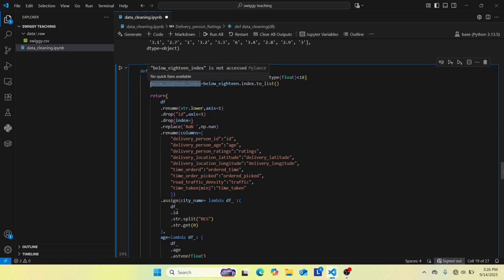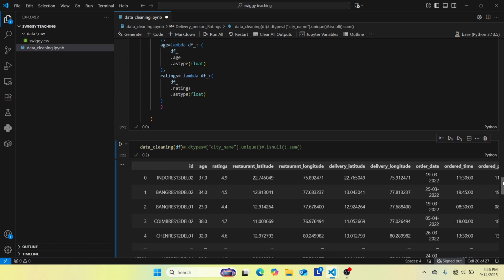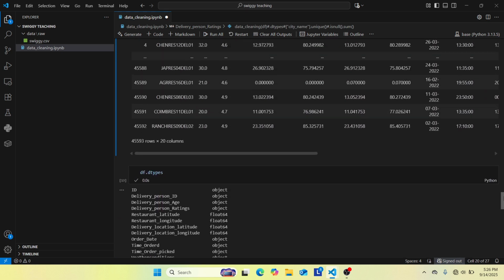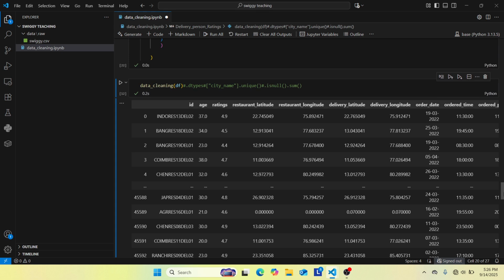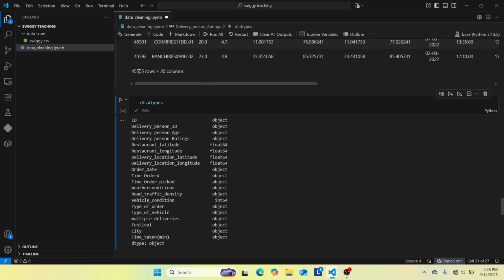I will just copy it and paste it over here and execute it. Okay. So here you can see before it was 45,593, and after executing this there will be fewer rows. So 45,555. You can see here some rows have been deleted. So some rows being deleted,